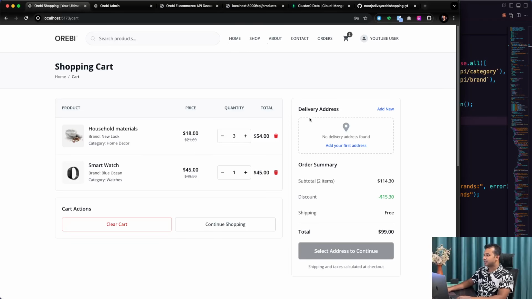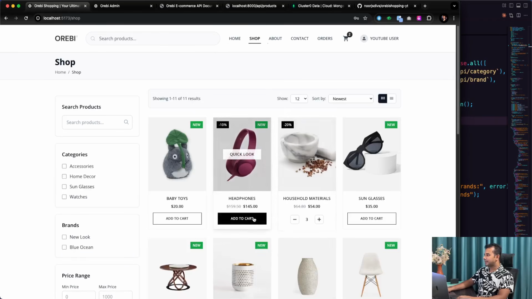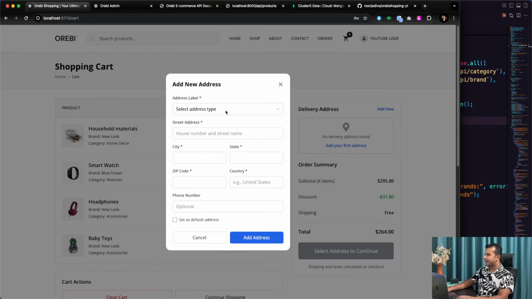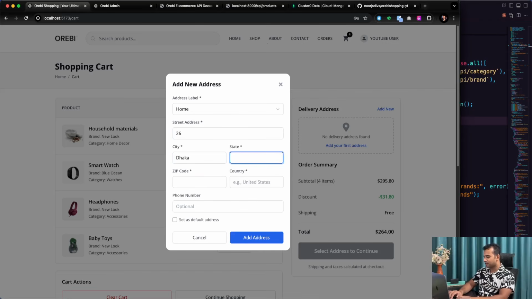Okay, so now as you can see, to get the shopping done, I need to go directly and add a new address. Without an address, I can't check out. So I will go and try to add some more products. And then, okay, this one, let's go over here. And I'm going to add a new address, which is going to be home address. I'm going to make the house number, let's say 26. City would be, let's say I'm living in Dhaka. So Dhaka, and state is Mirpur. And the zip code is, let's say, I'm going to make that one, and country, which is